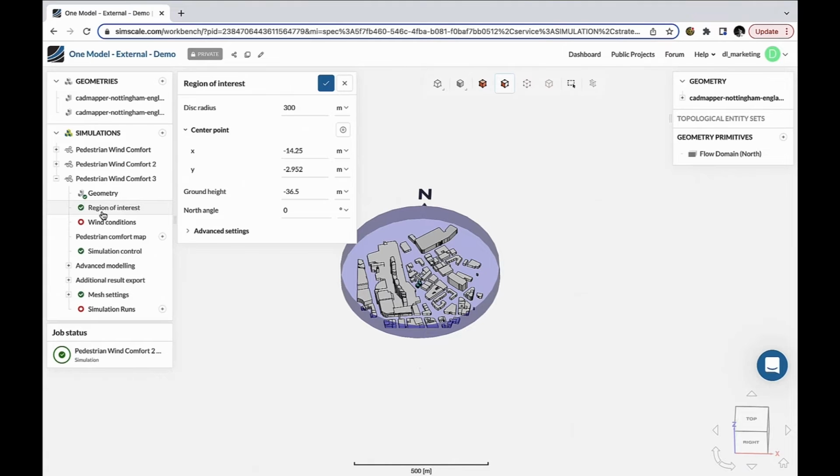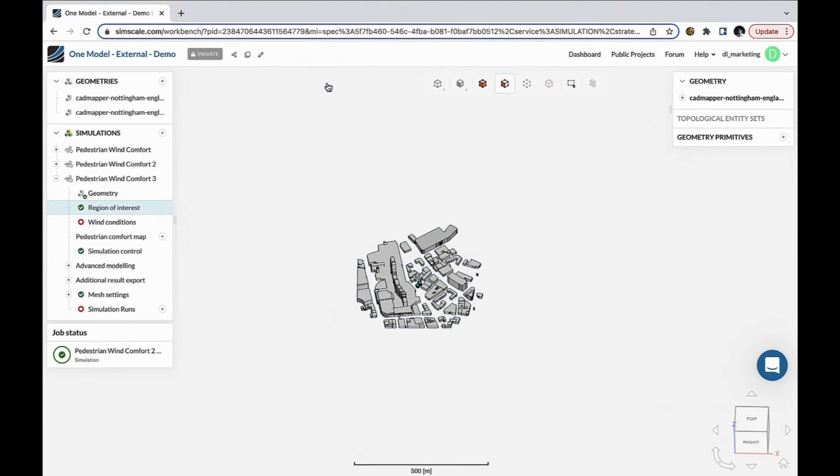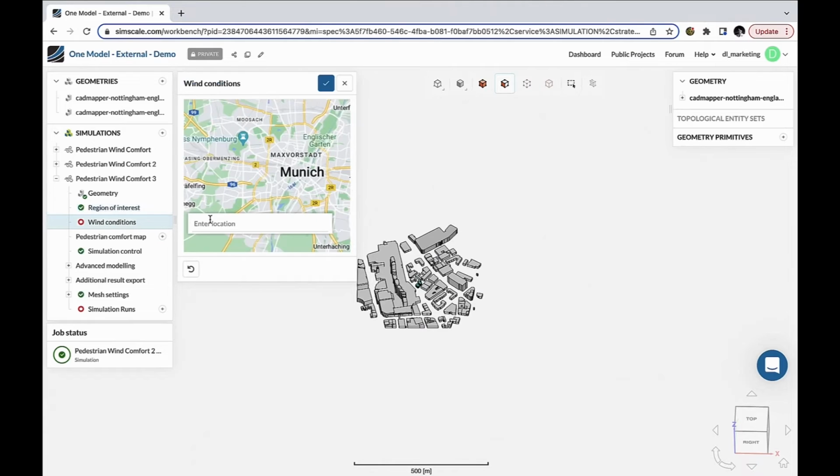So this is really your site plus a bit. Which bit are you actually interested in? This whole urban environment that you've actually uploaded to the Simscale platform. Once you're happy with that, you can save that, move along to wind conditions, and this is actually located in